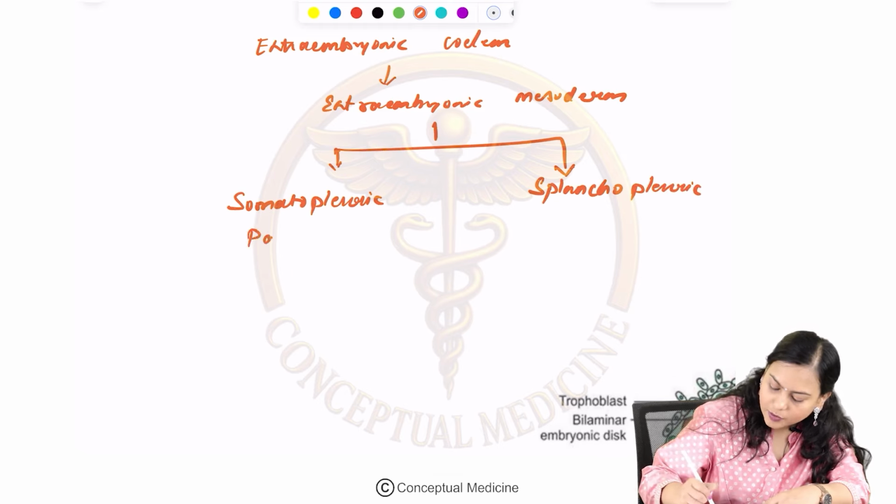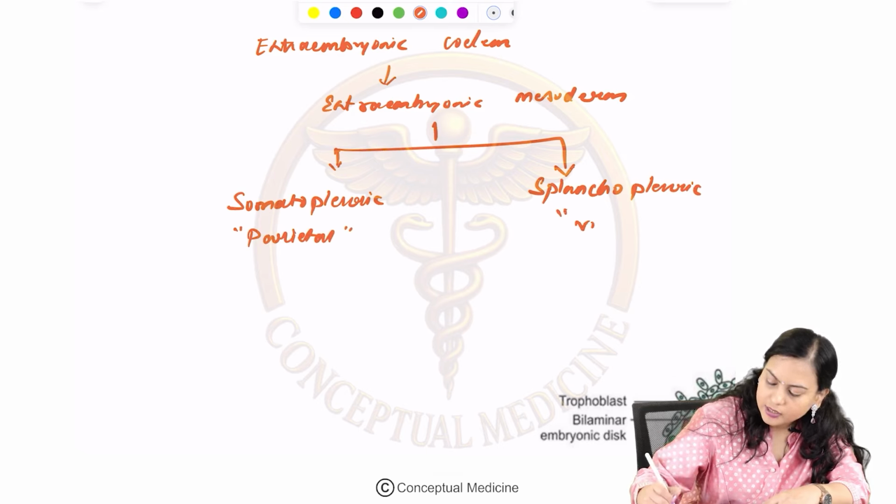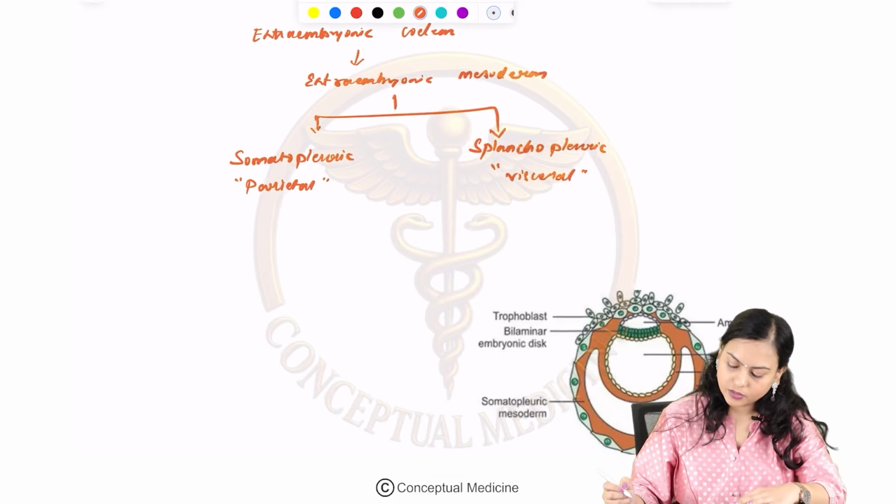So this is nothing but the parietal extra embryonic mesoderm, and this is nothing but the visceral extra embryonic mesoderm. Okay,